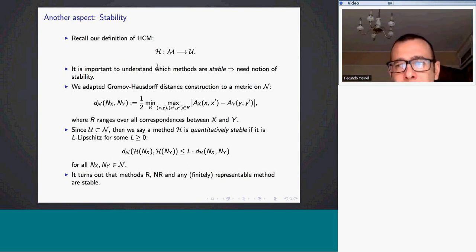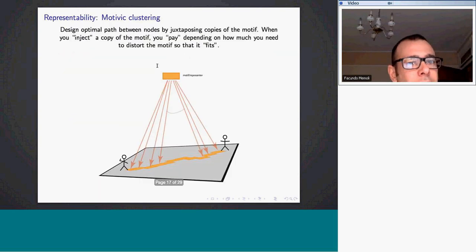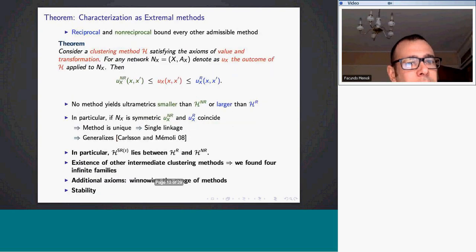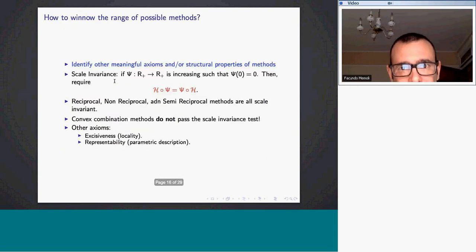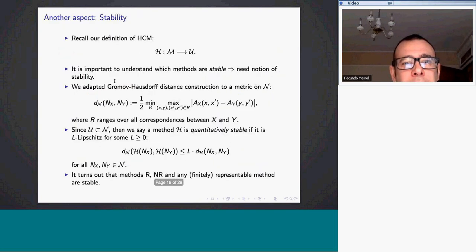Thing I promised to do before is that even if it's not clear that they satisfy the axioms in the theorem guaranteeing stability or not, if all admissible methods happen to be stable, we are proof that